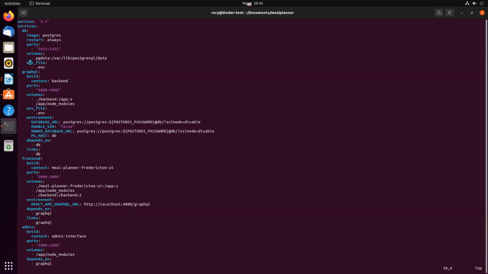Environment, again, these are the configuration variables that are loaded into memory in the thing. In this particular case, we're saying we're going to read it from the .env file, which has a Postgres password that we want to use and things like that. Right? So that's a Postgres container. GraphQL,